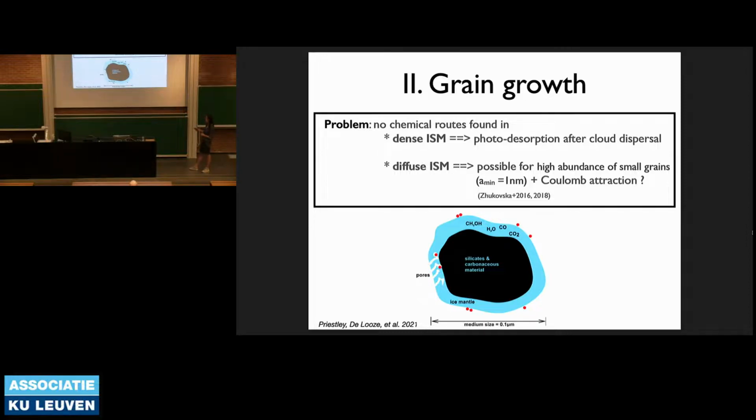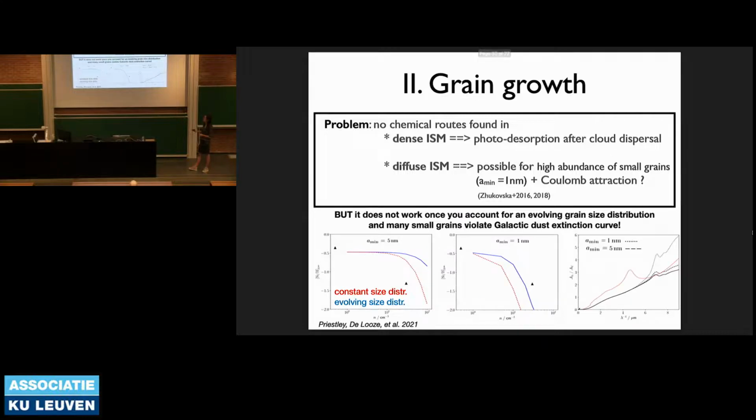Now, this was actually great news back in 2016, 2018, but we've actually shown that a number of assumptions that have gone into this don't really work out. So just to give you an idea, this is the density as a function of the silicon over hydrogen abundance in the gas phase that you observe. So you expect indeed, when you go to denser clouds, that the silicon abundance will go down, because it will be locked up in dust grains. So this is what they want to be able to explain with grain growth.